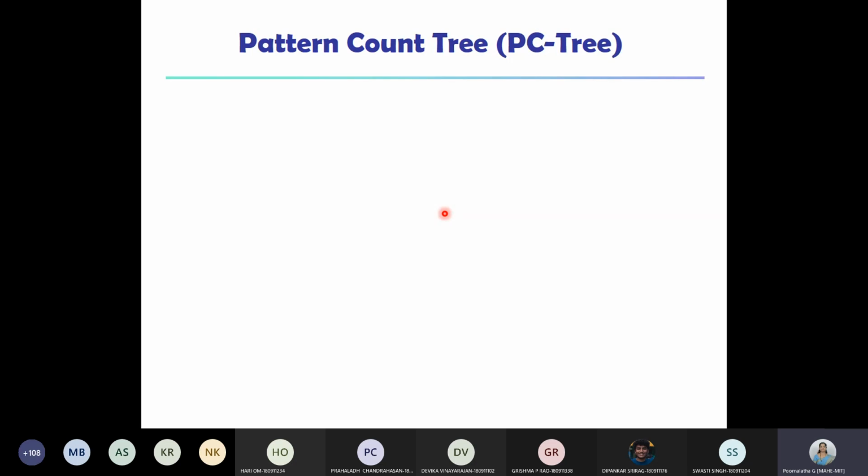Okay. So PC tree, if we start from the beginning, we started with Apriori, right? We know the limitations of the Apriori algorithm. So many scans are required and it's time consuming to generate all possible candidate sets. Too many candidate sets we need to generate. Because the number of candidates is more, the time taken to get their support count by reading the transactions is also more. It's a time consuming process. And then the other algorithm was the partitioning algorithm.